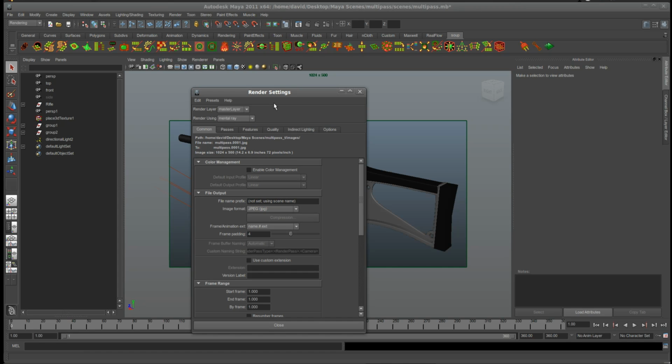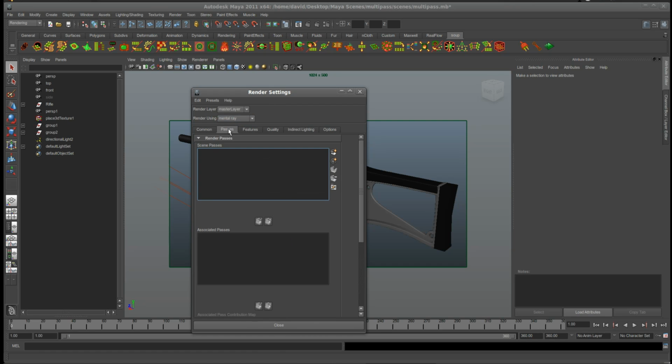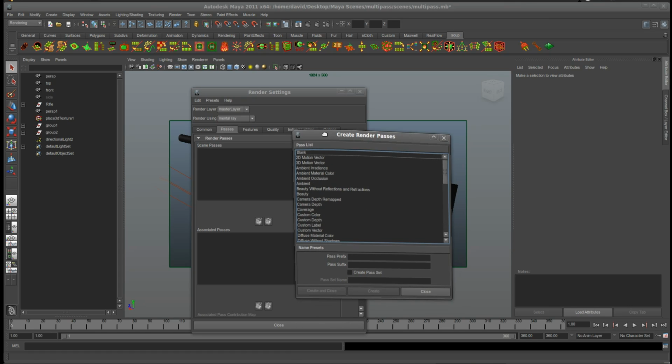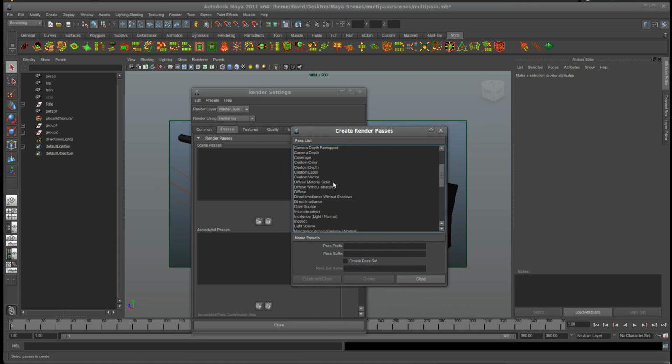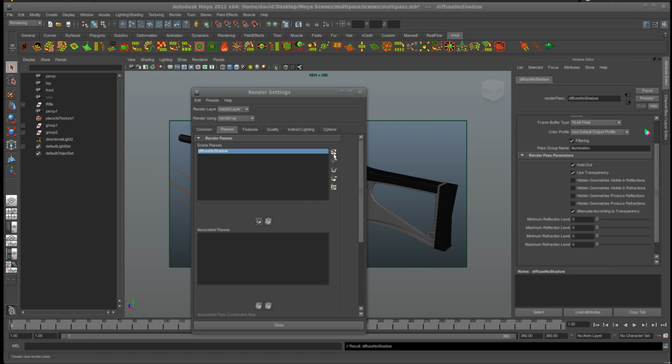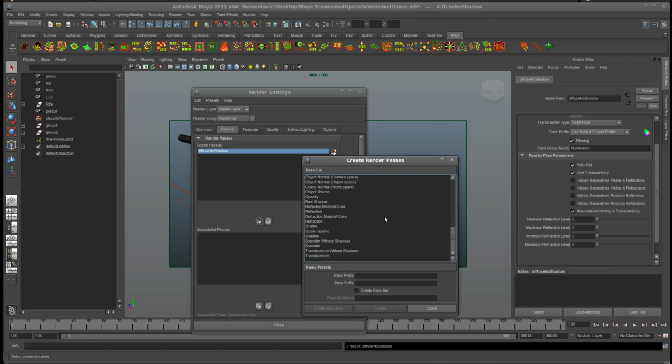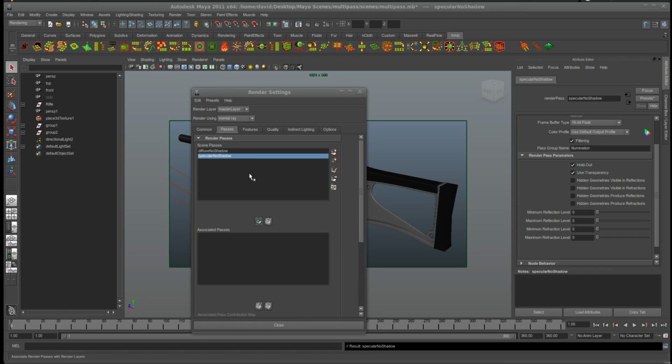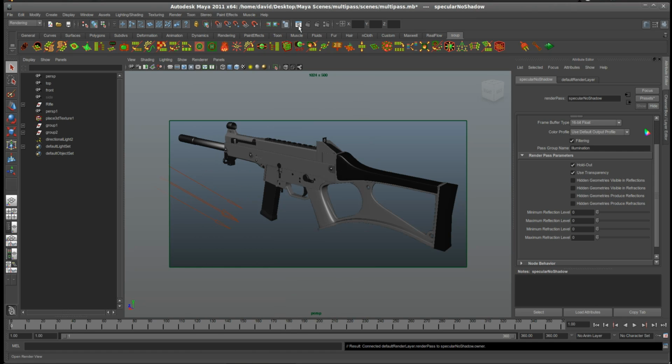and what we want first of all is a diffuse and a specular pass. So if I go under passes, and it's actually quite simple to do this, you just click this button here. We're going to go diffuse without shadows, simply because we're going to do a separate shadow pass. We're then going to go specular without shadows, so if we go down to specular without shadows, and these passes are in, but they need to be associated, so you need to click them and just click this green clapboard icon here. If we go now and we render,